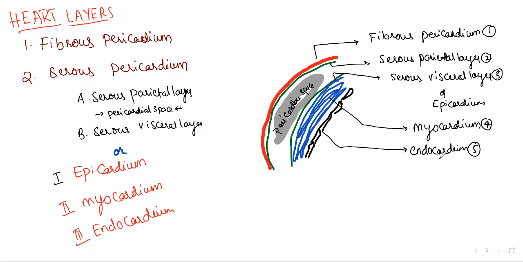Now moving on to the last item here, the external view. We know the human heart has 4 chambers: the upper side has 2 chambers and the lower side has 2 chambers. The upper chambers are the 2 atria and the lower chambers are the 2 ventricles. Then the atria and ventricles are separated by a deep transverse groove. Externally we are talking about.